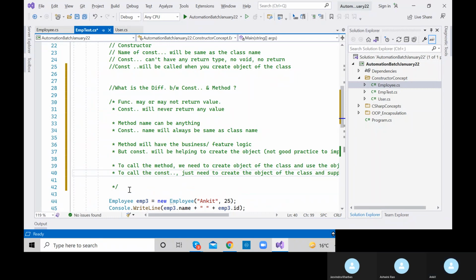Okay, Aswini, are you good enough to explain these at the time of interview, or just see, are you good enough if someone asks you what is the difference between function and constructor? Yes,